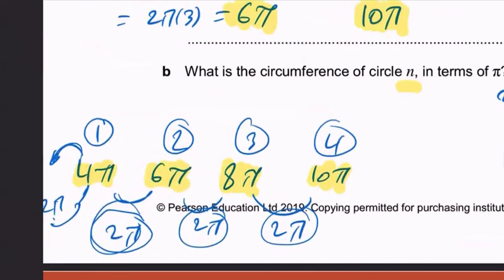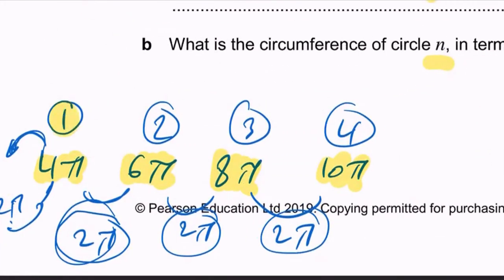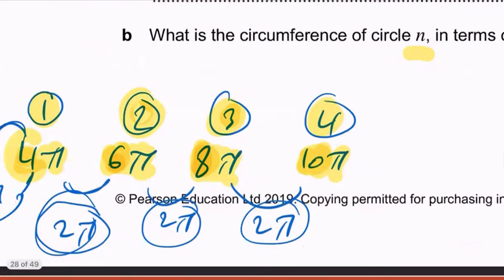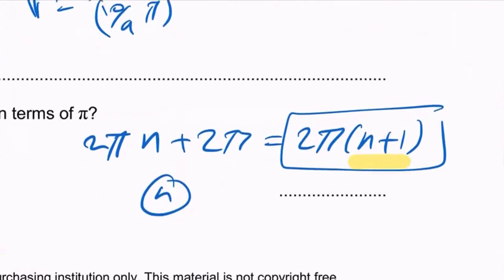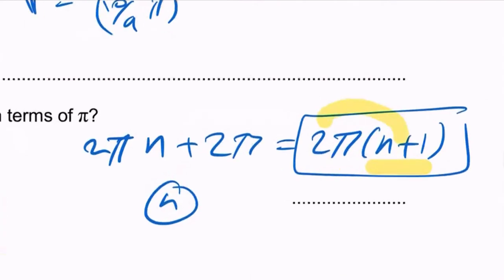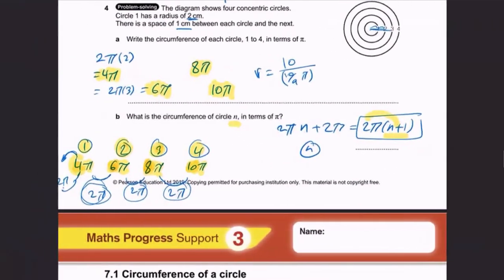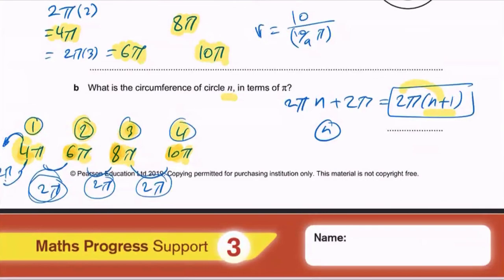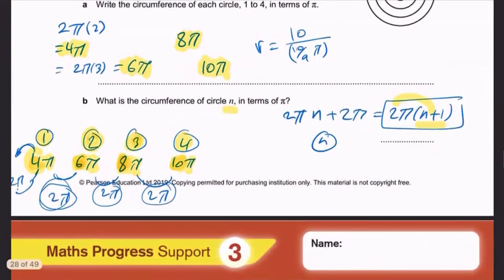بصوا لو الـ n دي إيه relation بين ال1 وال4 وال2 وال6 وال3 وال8؟ إيه الكومن relation بينهم وبين بعض؟ هتلاقي إن ال1 plus 1 equals 2 times 2 equals 4. 2 plus 1 equals 3 times 2 equals 6. 3 plus 1 equals 4 times 2 equals 8. 4 plus 1 equals 5 times 2 equals 10. أهي، ال n plus 1 times 2. اوكي؟ هي بس إحنا جبناها هنا بطريقة السيكونسز مش بطريقة straight forward like this. واضحة يا ولاد؟ الكويستشن هنا دي مش جيومتري. الحتة الأخيرة دي مش جيومتري، دي algebra sequences. اوكي؟